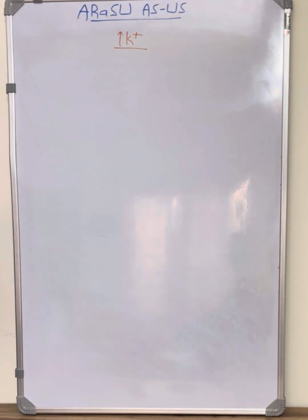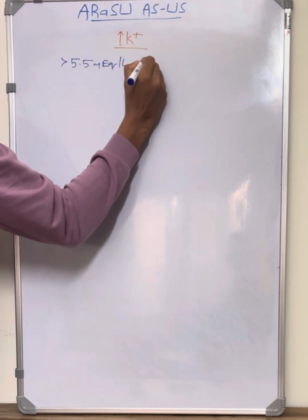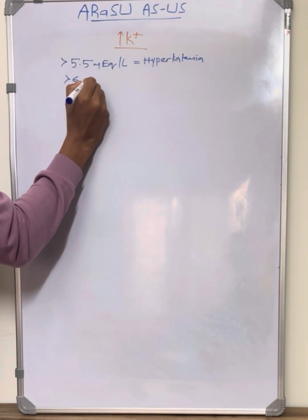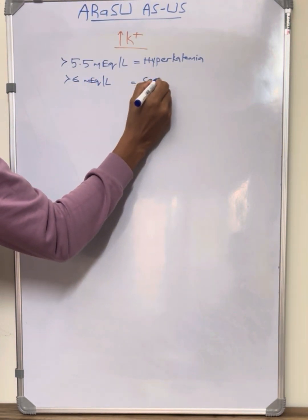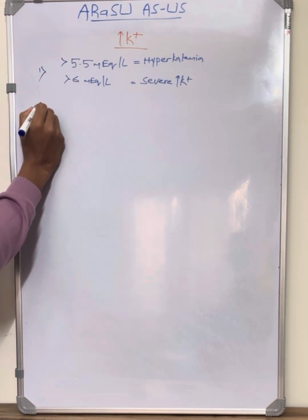So we consider hyperkalemia when serum potassium levels are more than 5.5. This is hyperkalemia. And if it is more than 6 milliequivalents per liter in serum, we can consider it as severe hyperkalemia. This is the first thing. Then we have to know some causes